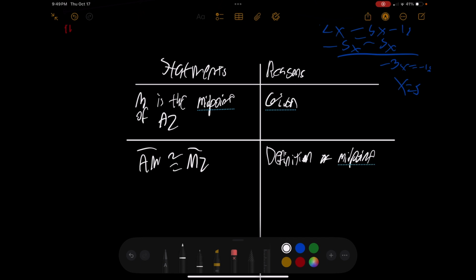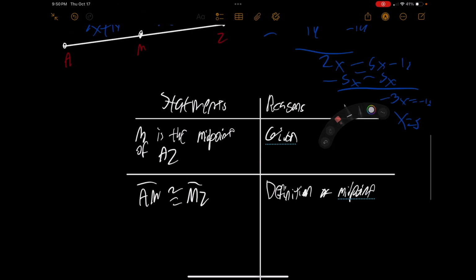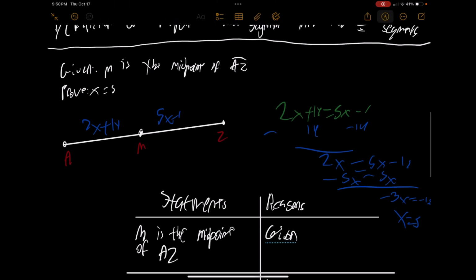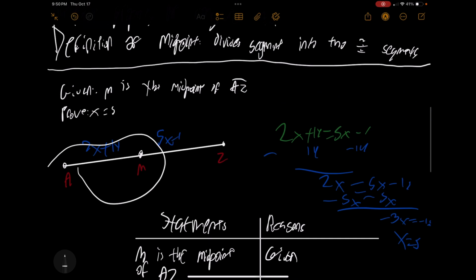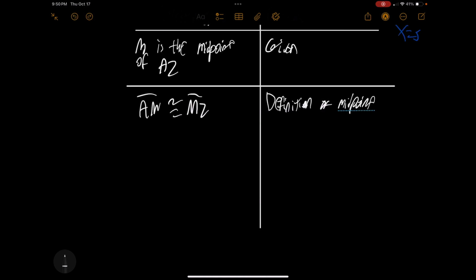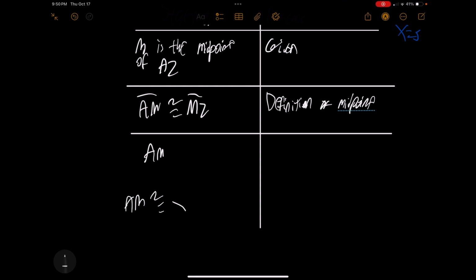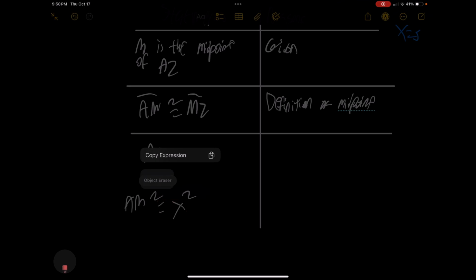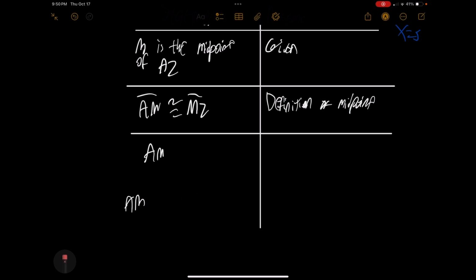So now that we have that, what are we trying to prove again? We're trying to prove x equals 5. And to do that, we have to figure out how to set these two equal to each other. We know the values of the segments, so all we have to do is set the segments equal to each other. So now we have to turn this into AM equals MZ. Remember, AM cannot be congruent to something like x squared. That is not possible. That's what its measure equals. When you're saying congruence, you're talking about shapes being equal. So now we're going to say AM equals MZ. That is because of the definition